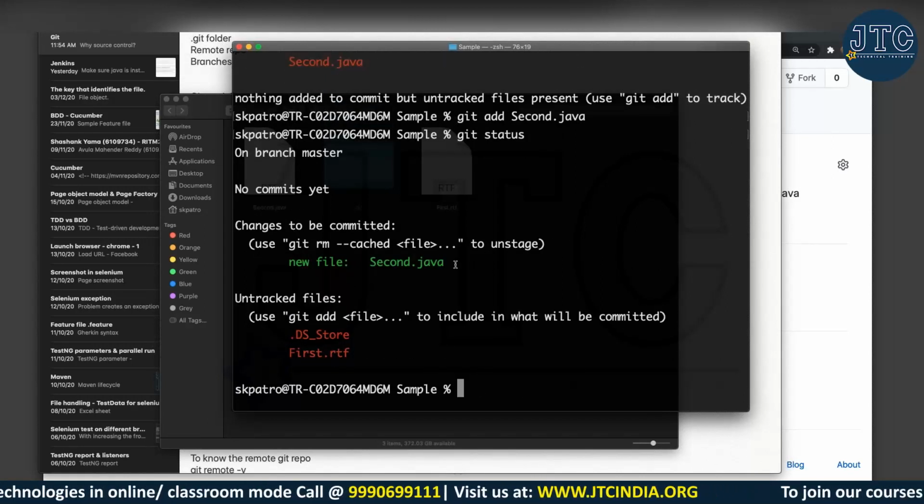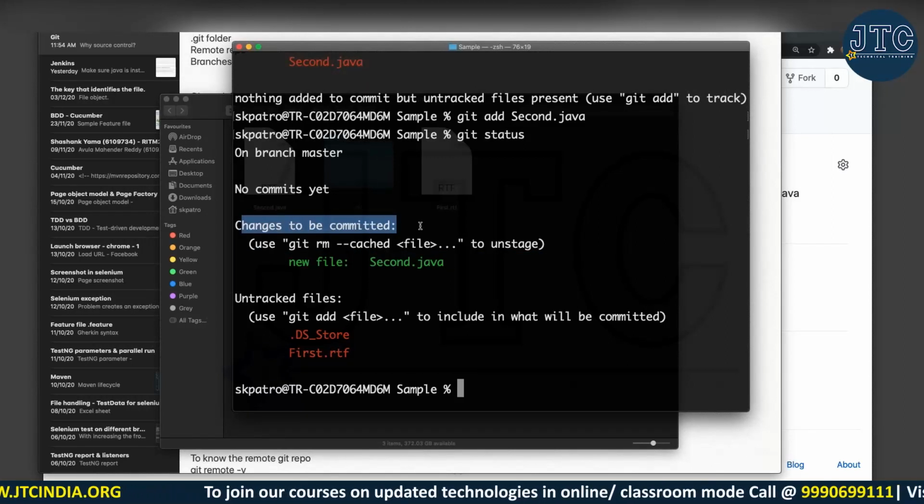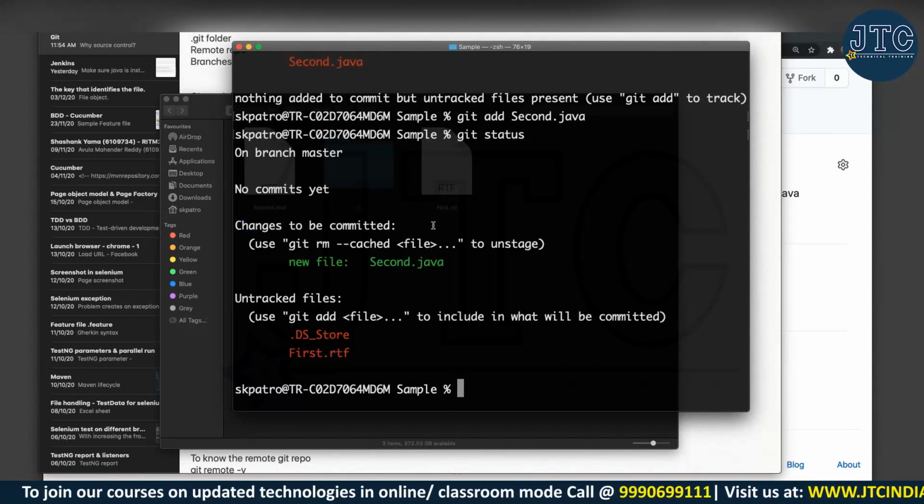What it is telling, you can see second.java is now green in color, meaning it is already staged. And you can see changes to be committed. So one of the persons rightly messaged that anything that you are making staged is ready now to commit. So now commit is coming again, another terminology. Commit means you are committing yourself that I want to push this particular file to the GitHub, so that another person, one of my team members or friends, can download that particular project and then write the code. Fine.